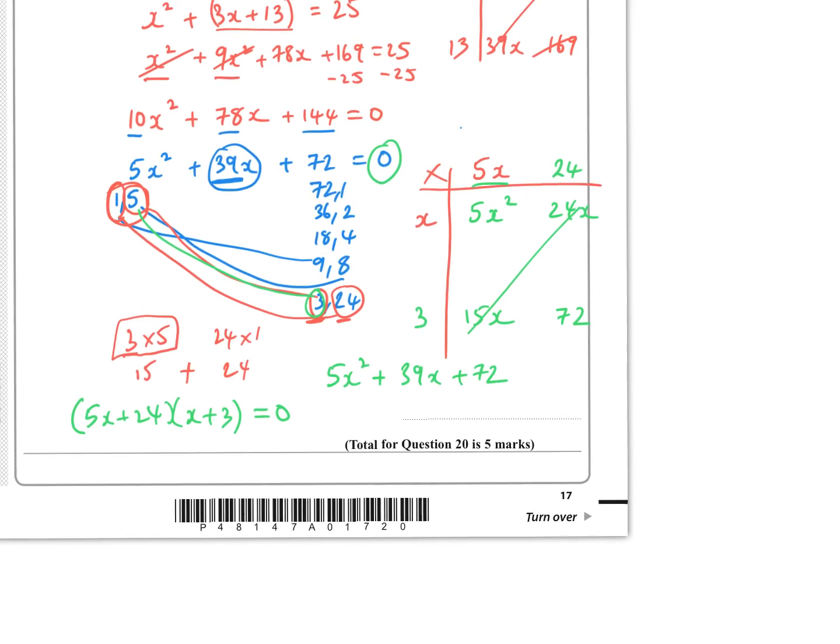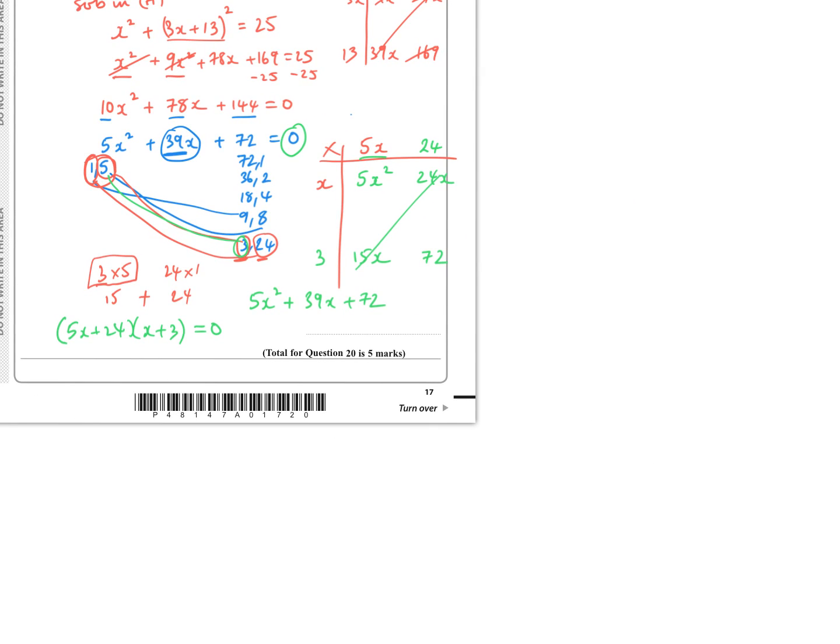So what that means is we should now be able to find the solutions to this equation here by putting both brackets equal to 0. So we'd have 5x plus 24 is 0, which means x would be minus 24 over 5. And then this bracket is easy, that would just be x is negative 3. But don't forget,